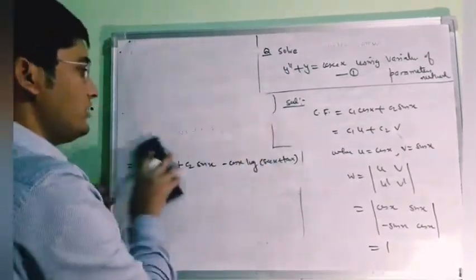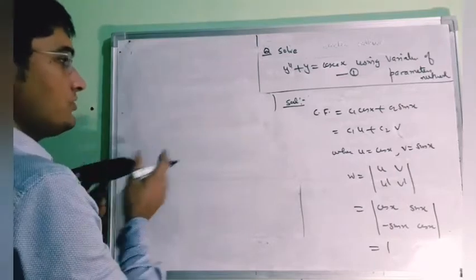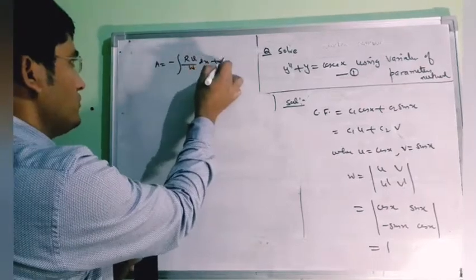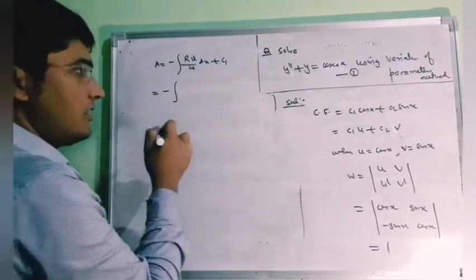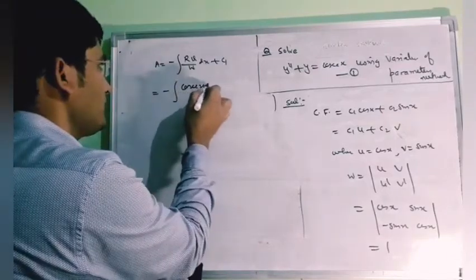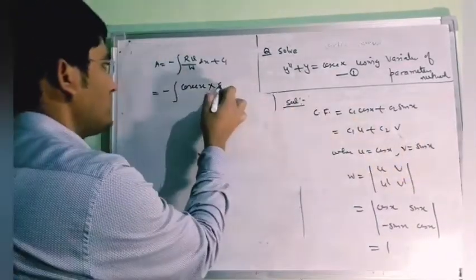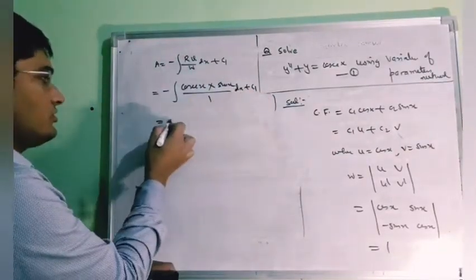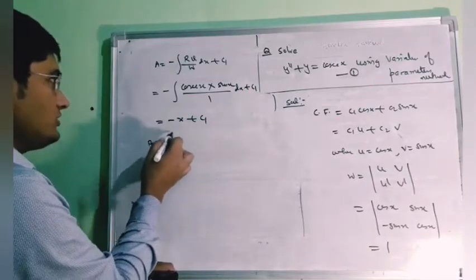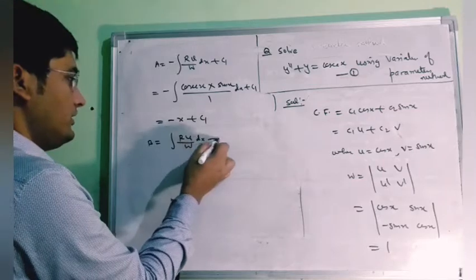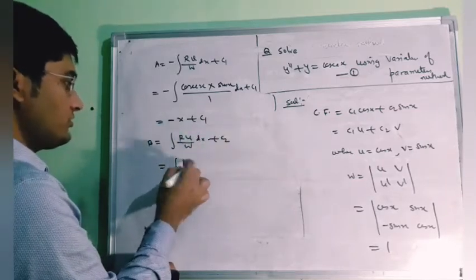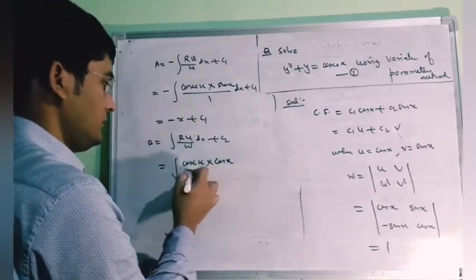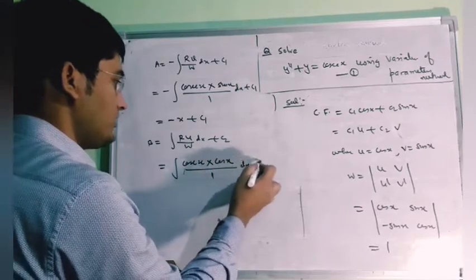So we can find out the values of a and b. So your a is minus integral of r v upon w dx plus constant of integration c1. So minus r is your right hand side, which is your cosec x in this case, into v, your v is sin x, then divided by 1 into dx plus constant of integration. So this is basically x, and your b is integral of r into u upon w, then integration with respect to x. So your r is cosec x, then your u is cos x, then we have 1, then integration with respect to x.